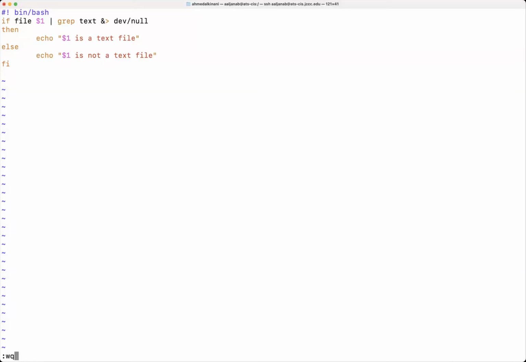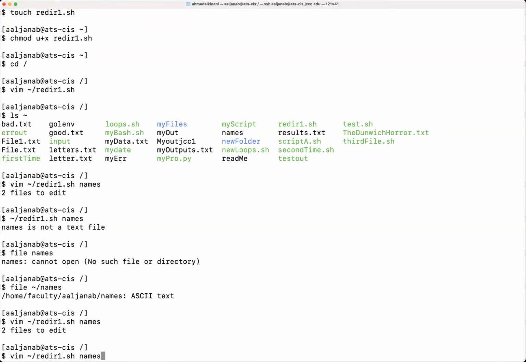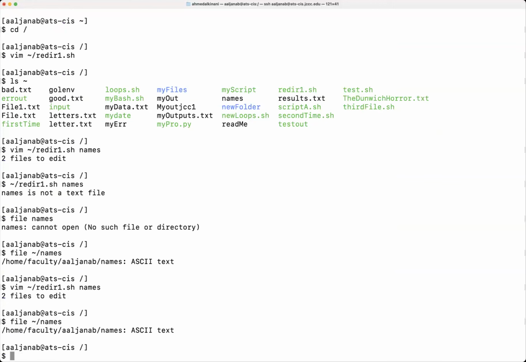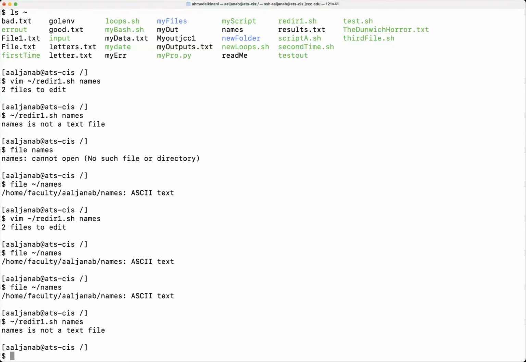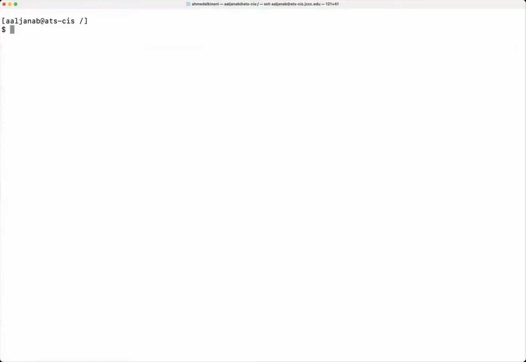Let's see if that's going to change anything. Okay, files, names. Let's try to run it again. Nope. It's not a text. Well, that's weird. It should be a text.